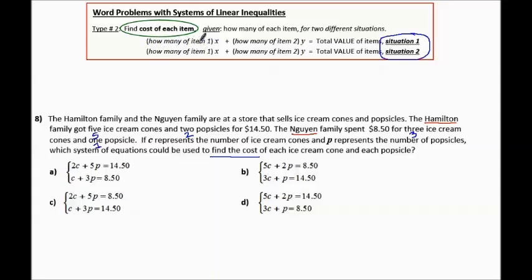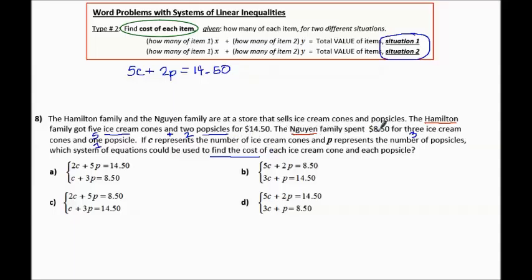Here the items are the ice cream cones and the popsicles. So for the Hamilton family, I can see 5 of the ice cream cones, which they're calling C. So 5 of the ice cream cones, and that 'and' is plus, so we're going to write plus 2 of the popsicles